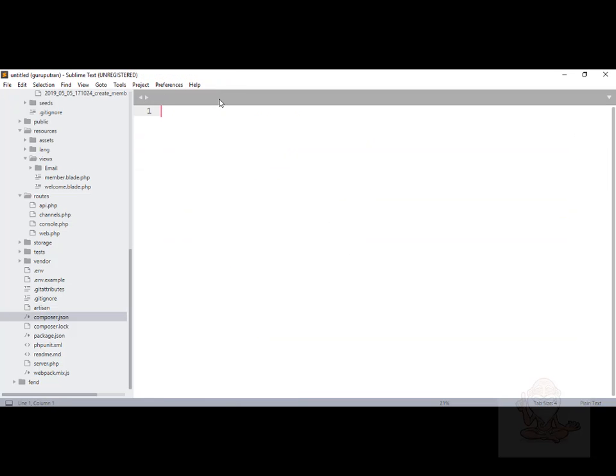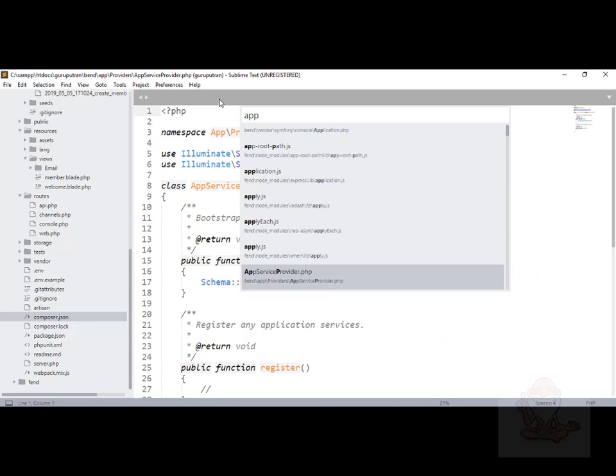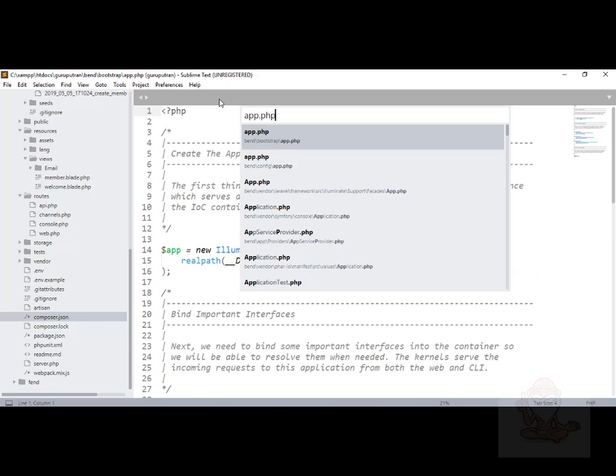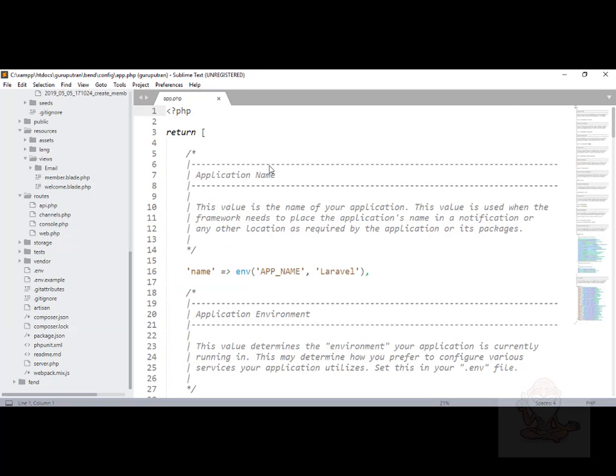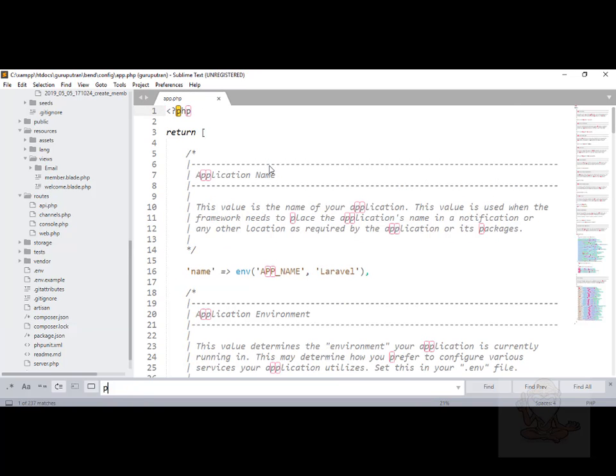One powerful feature of Sublime is that if you press Control P and then type app.php, boom, config/app.php is shown on the screen. You just click it and check for providers.